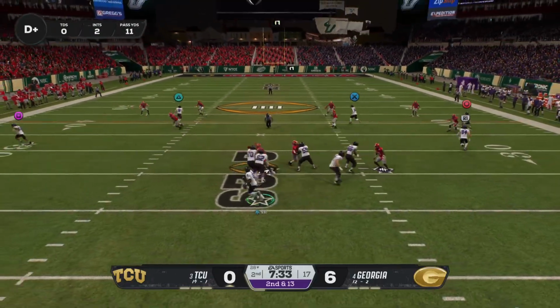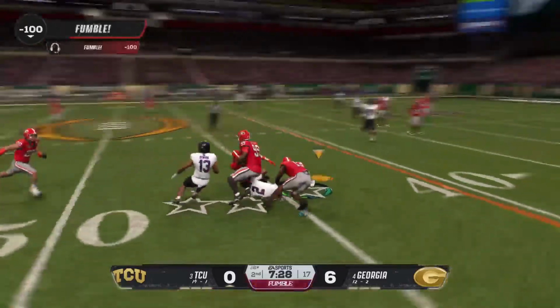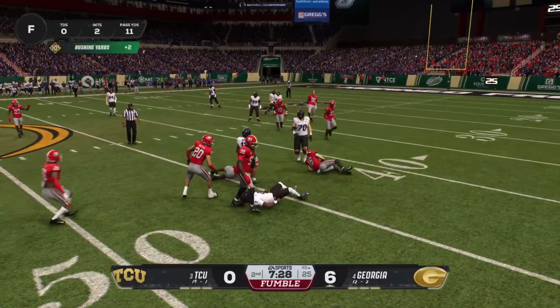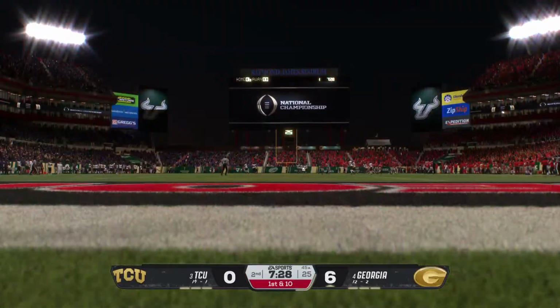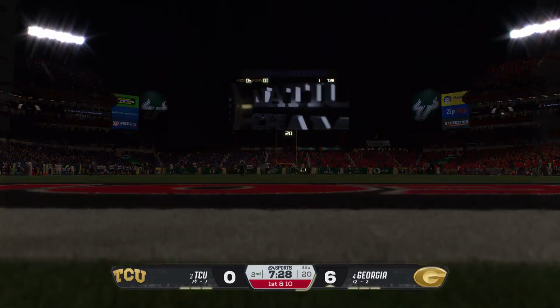Quarterback looking to pass here on second down. Buying time now, rolling to his left. Oh, and he fumbles. And the defense comes back with the football. Well, anytime the quarterback takes off and improvises, there's always the...